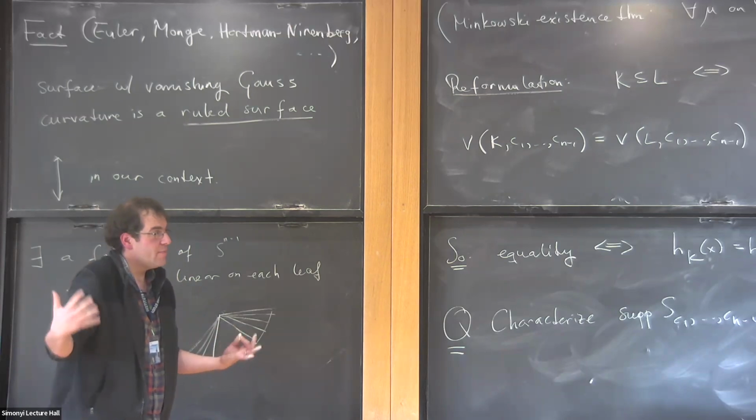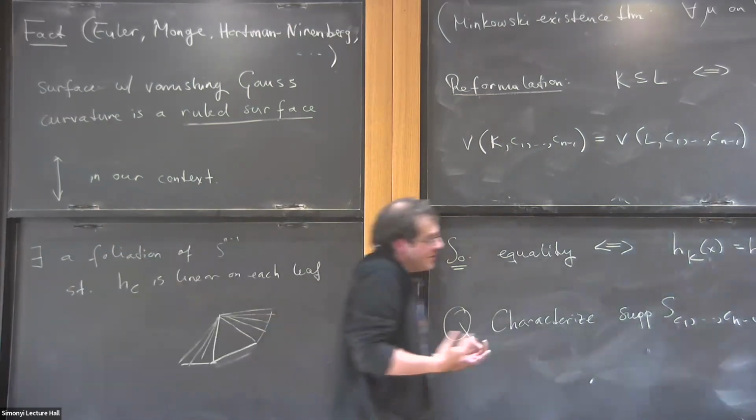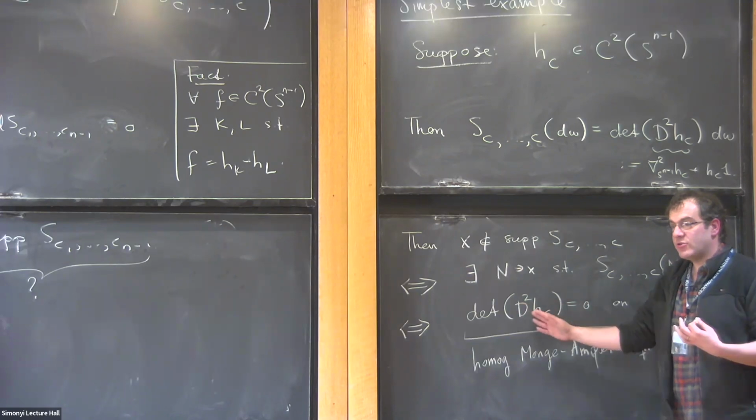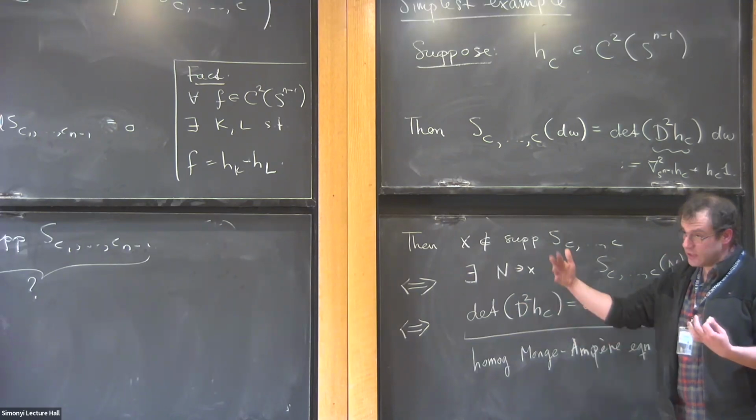And by modern standards, it's a relatively easy proof if you assume that the rank of this matrix valued function is constant, but that's not necessarily true in general. And that's what makes this problem